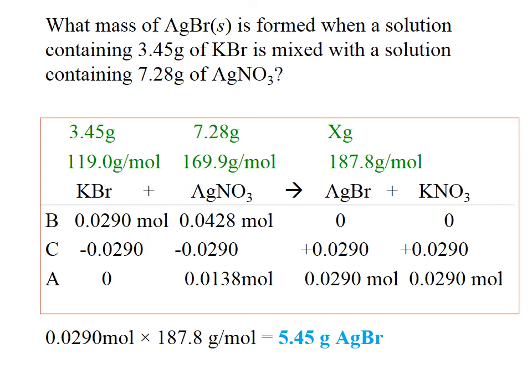Right, so that takes us to the end of it. So remember, in these conversions, we need to first write our balanced equation. Go from grams of the first substance to moles of the first substance. Then convert moles of the first substance to moles of the second substance. And then you go to grams of the second substance. That's just a general outline, but whatever you're doing, you may always need to convert what you're given to moles and use your stoichiometric ratio. That is the mole ratio relationship between your reactants and products. To find your limiting reagent, it is the one that produces